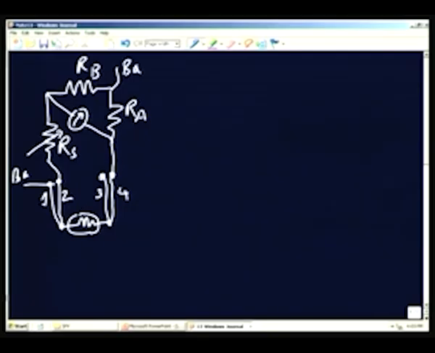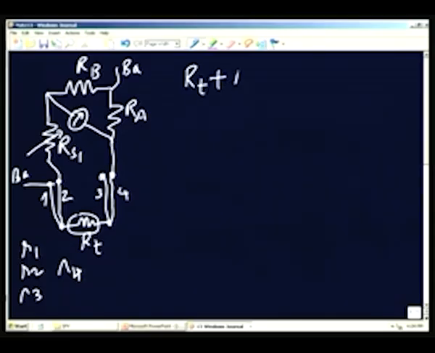So, let us assume that the resistances of the lead wires are R1, R2, R3 and R4. Let us call this RT, the resistance of the temperature detector, and this we will call RS1, the resistance in the first case. Now, I have obtained the balance by adjusting RS suitably. Therefore, you see that if RB and RA are constant, so we know that RT,